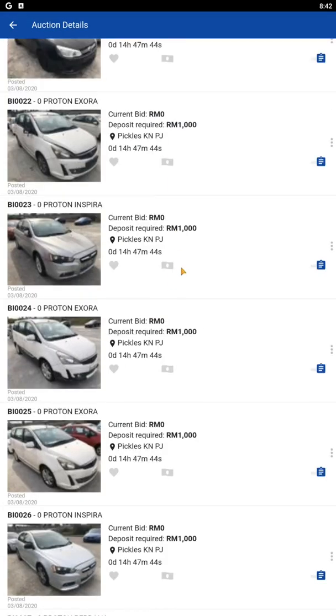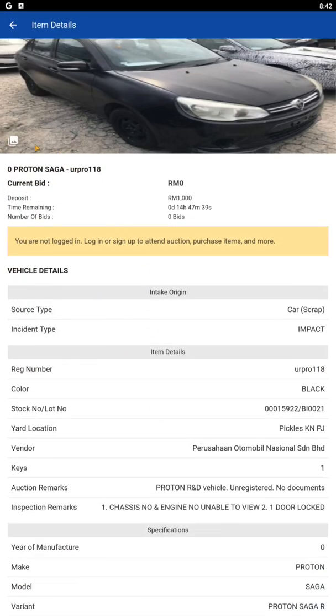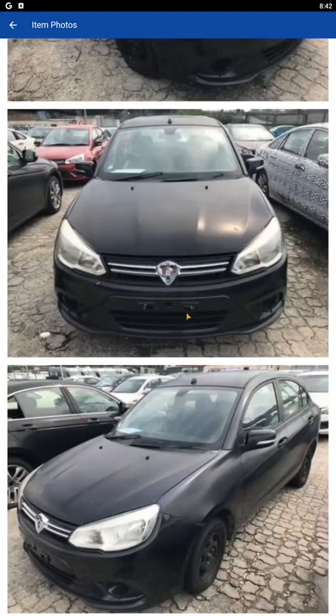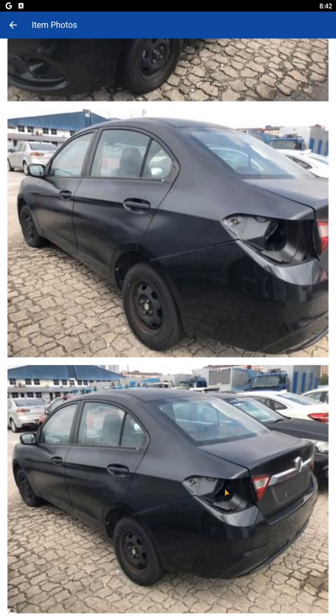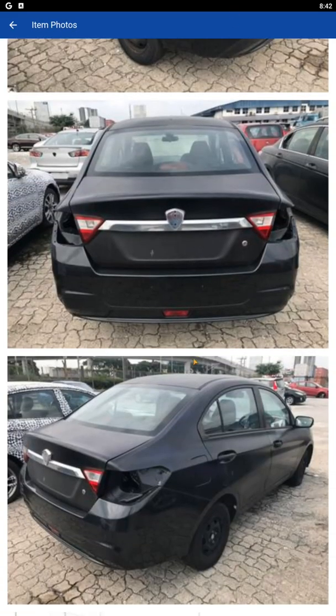Alright, moving on, we have a Proton Saga, and it's a Saga R. So it's missing the front badge and looks to be missing the fog lamp covers, because this is a standard model with unpainted side mirrors and 13-inch steel wheels. It's missing the rear tail light, at least the outer portion of the tail light. These Sagas use two-piece tail lights,